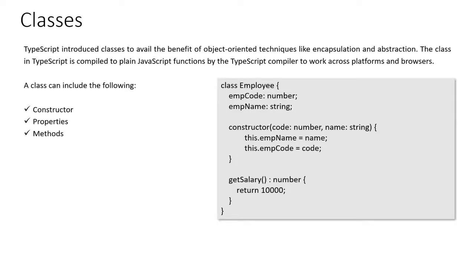And classes, we always have a constructor in classes. We have the properties. We have methods, right? The same concept, no difference in TypeScript. Same thing: constructor, class, whatever properties and methods we have. I hope everyone understands, whether you are a C# developer or come from Java or any other object-oriented language. You can understand the constructor as well as the properties and methods. A method is nothing but a function. A property is nothing but the different variables you are using, right?